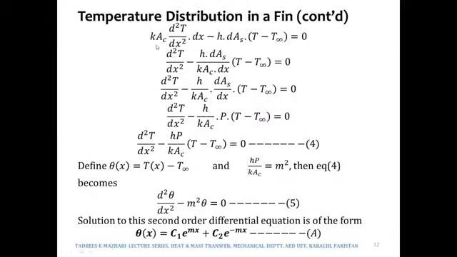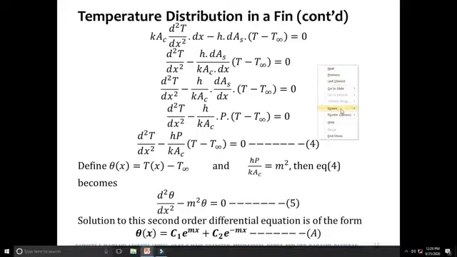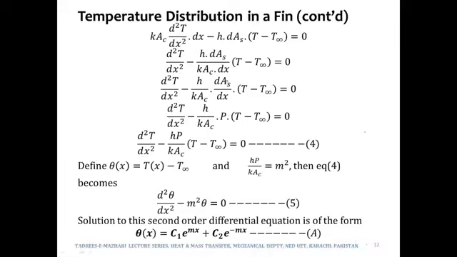Now if we divide throughout by k A_c and dx as well, the first term would only be the second derivative of temperature with x, and it would be h dA_s over k A_c dx times (T minus T infinity) equal to 0. Now if we separate out dA_s over dx,